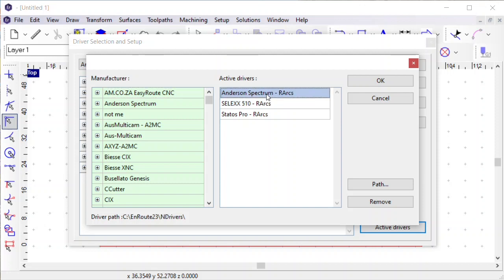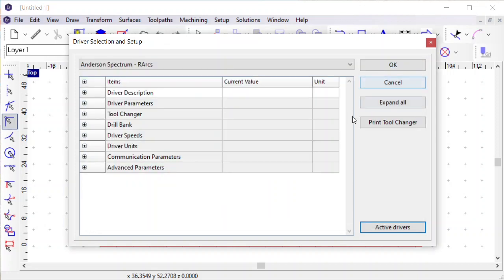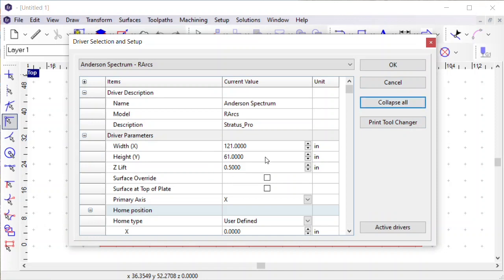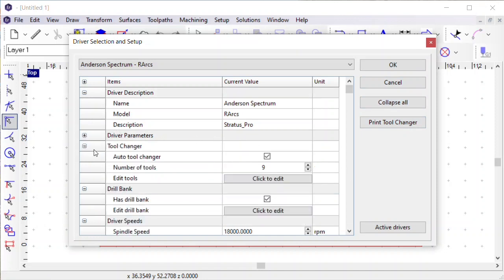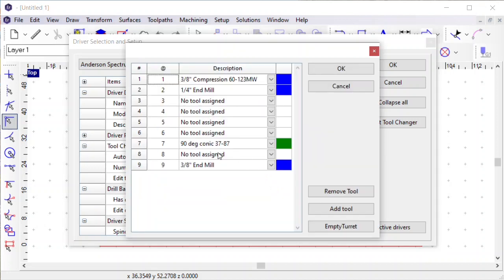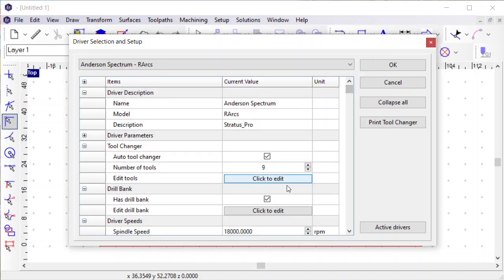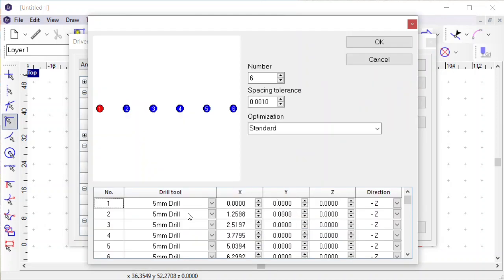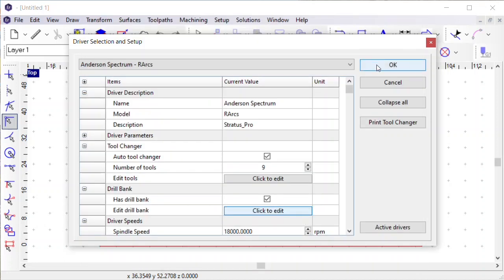So if we look at our Spectrum and expand all, you can see the width and height are there, my Z-lift is there, how many tools I have in the tool changer, where those tool positions are. In addition to the drill bank, that's also set up specifically how my drill bank for that machine is going to be set up. So it'll save you a lot of time and energy trying to track those settings down or trying to reconfigure everything. If you want just a fresh new install without bringing in the settings, then you can leave it alone,